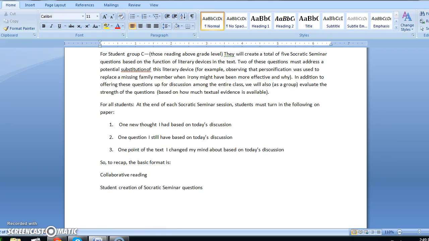Now for student group C, we're raising the rigor just a little bit more. Those are my folks who are reading at or above grade level. They are going to create a total of 5 Socratic seminar questions, and it's going to be based on the function of lit devices in the text. Now 2 of these questions, sorry about that guys, 2 of these questions have got to address a potential substitution